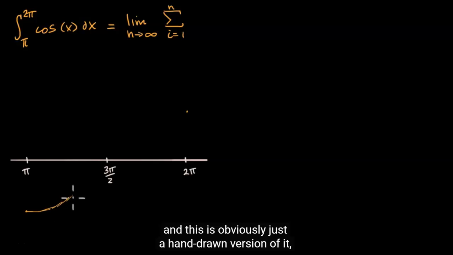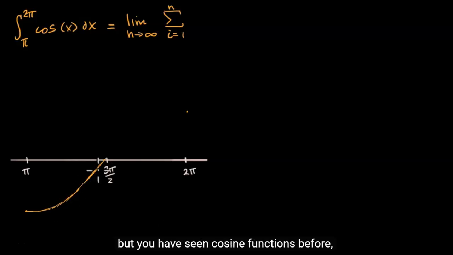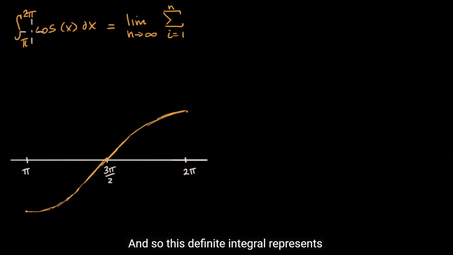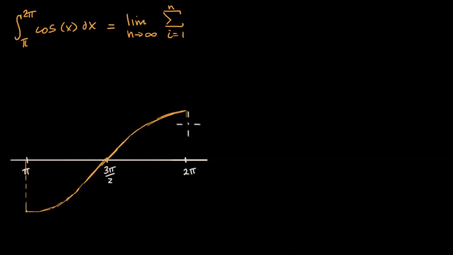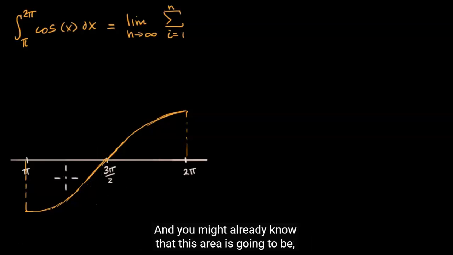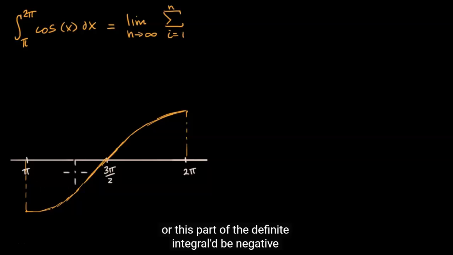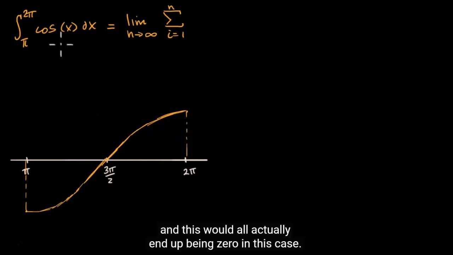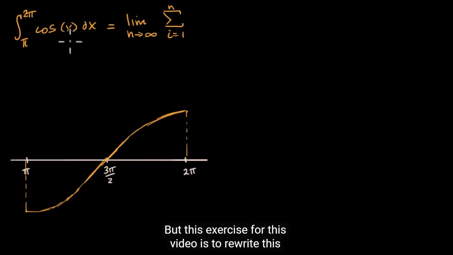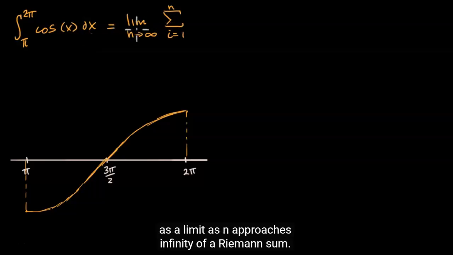And this is obviously just a hand-drawn version of it. But you have seen cosine functions before. This is just part of it. And so this definite integral represents the area from pi to 2 pi between the curve and the x-axis. And you might already know that this part of the definite integral will be negative, and this would be positive, and they'll cancel out, and this would all actually end up being 0 in this case. But this exercise for this video is to rewrite this as a limit as n approaches infinity